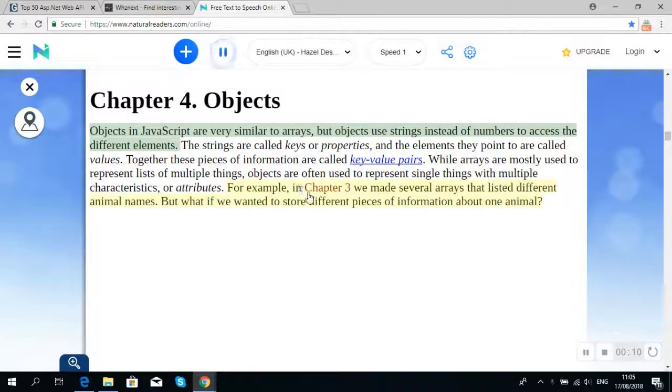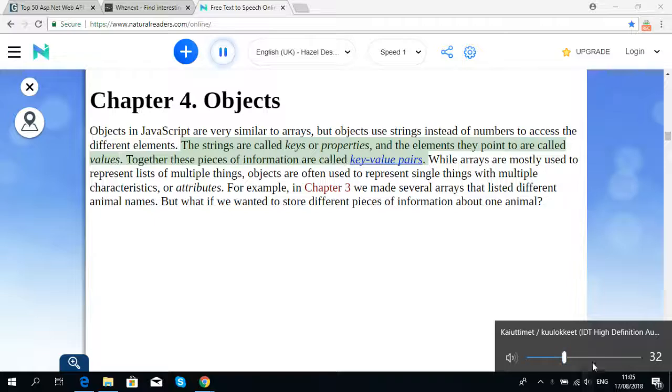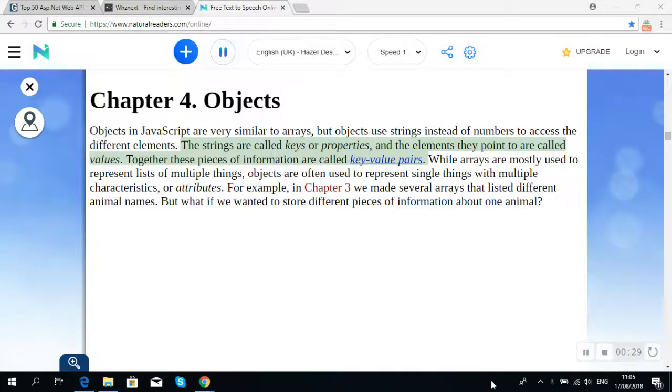Objects in JavaScript are very similar to arrays, but objects use strings instead of numbers to access the different elements. The strings are called keys or properties, and the elements they point to are called values. Together these pieces of information are called key-value pairs. While arrays are mostly used to represent lists of multiple things, objects are often used to represent single things with